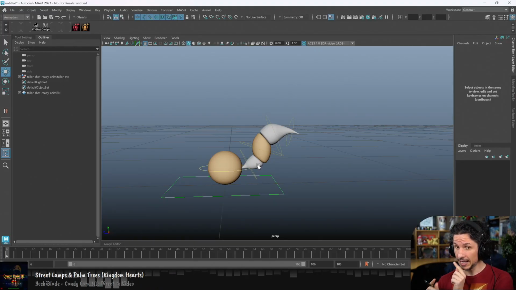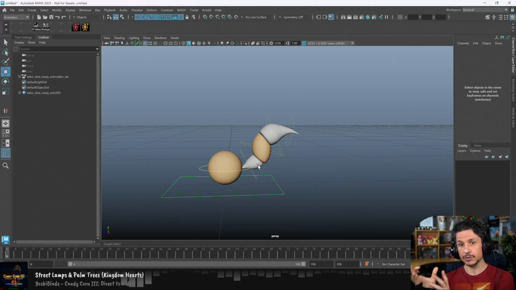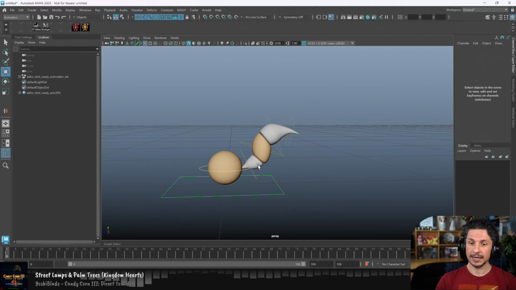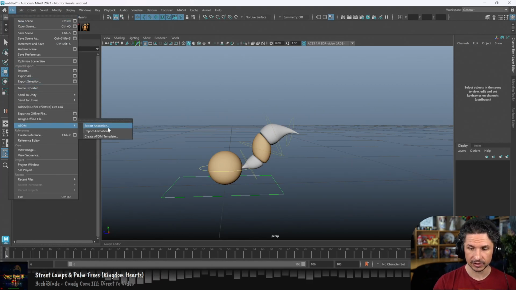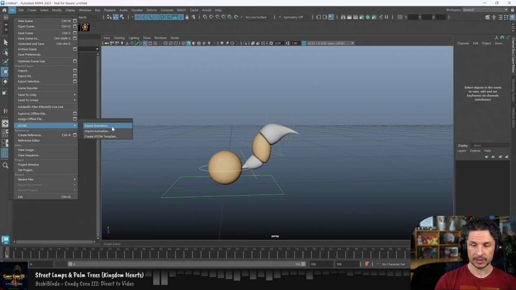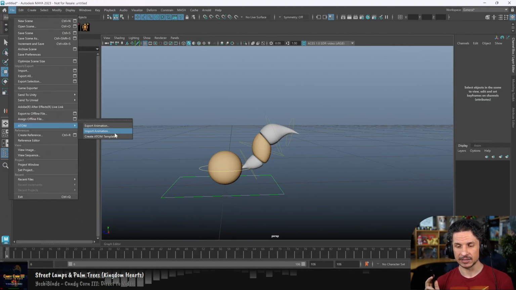Now, if you imported or opened your rig in your animation file, what you're going to need to do is transfer the animation from your old rig onto the new translated version of the rig. And you can do that using the Atom tool here. This is the animation transfer tool. So you'll be able to export your animation and import your animation onto the new rig right there. If you want a demo on that, there's a tutorial on how to use the Atom tool in the AM resources. So check